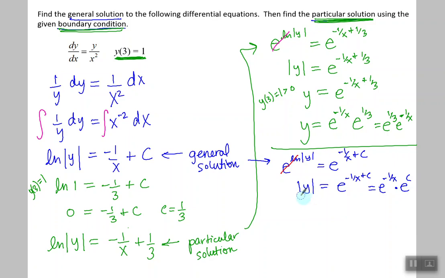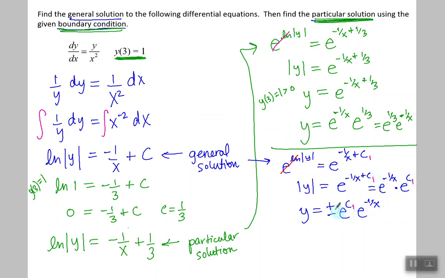If I take away the absolute values in this instance, I do have to consider that what I have is positive or negative. It could be either. So I have plus or minus. I'm going to put my constant term in front, e to the c times e to the negative 1 over x. Now, an easier way to write this is if I think about the fact that this constant, I'm going to call this constant c sub 1,